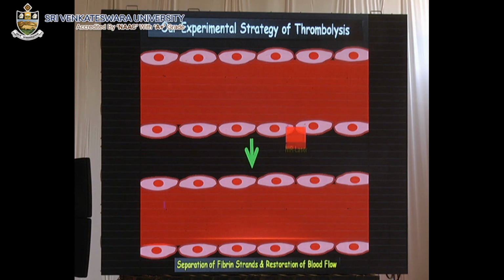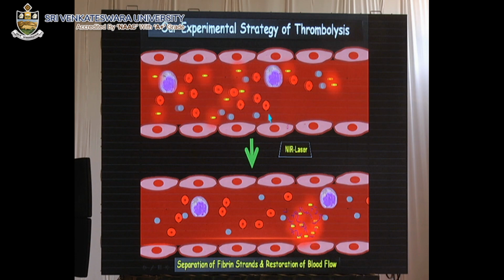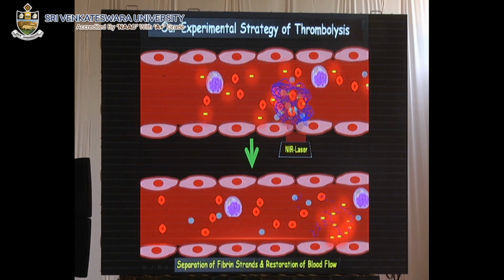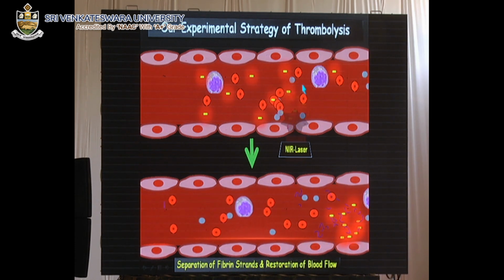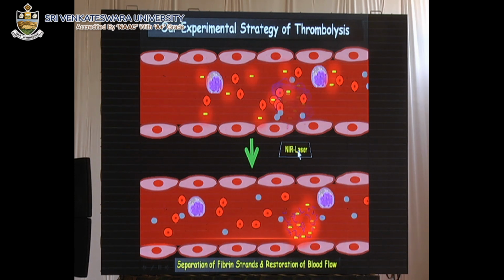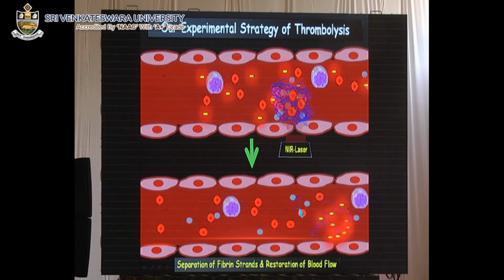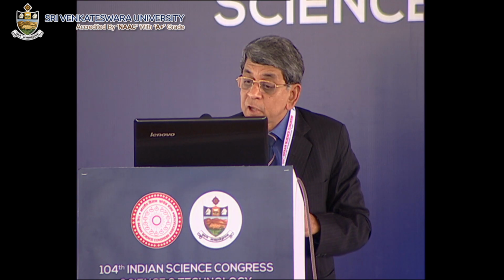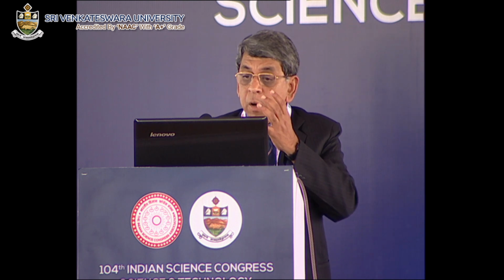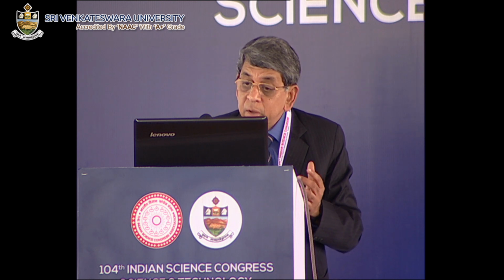Now coming to the in vivo condition, this picture shows that suppose it is an artery, and in the artery there is a clot. You somehow target gold nanorods to the clot. Now gold nanorods are trapped within the clot. They are targeted toward the clot. Then you give NIR laser. Now you see that after some time, this is the hypothesis, the clot is dissolved, and these fibrin strands are washed off with the flow of blood,